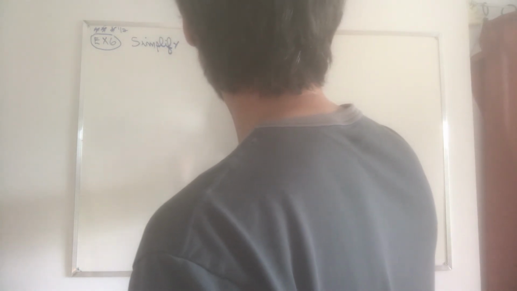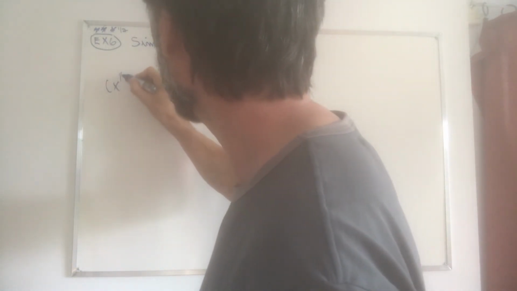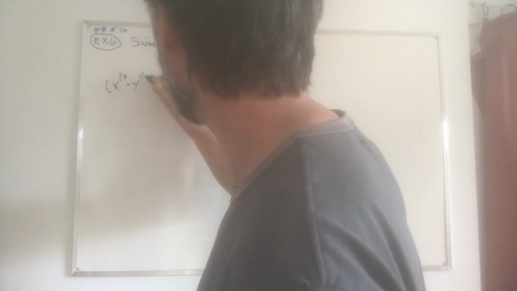Example 6. Simplify the following. Example 6. What do we got? I'm going to keep this also as 3.5 stars because it's a cubic. So x to the 1/3 minus y to the 1/3. I want to bring this to the power of not 2, but 3. What does that mean, power of 3? X to the 1/3 minus y to the 1/3 to the power of 3. That means x to the 1/3 minus y to the 1/3